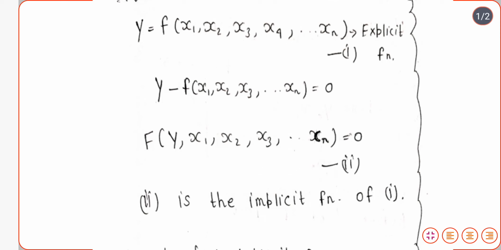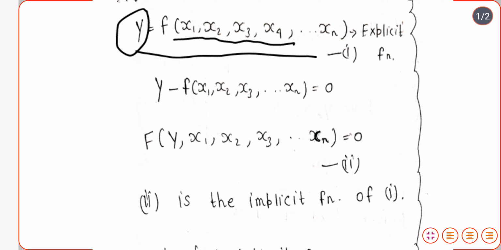Here we are going to study the implicit function theorem. The implicit function theorem is a much more generalized idea. Now, suppose this y is a function of x1, x2, x3 and up to xn. This is an explicit function. Why is this an explicit function? Because here the dependent variable y can be completely expressed by the independent variables x1, x2, x3, x4 and up